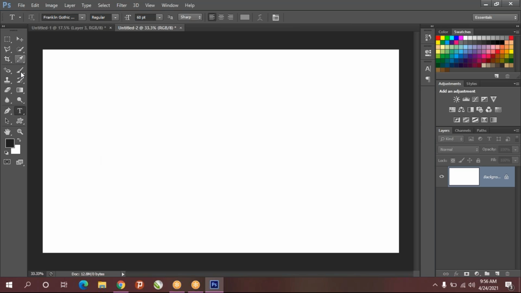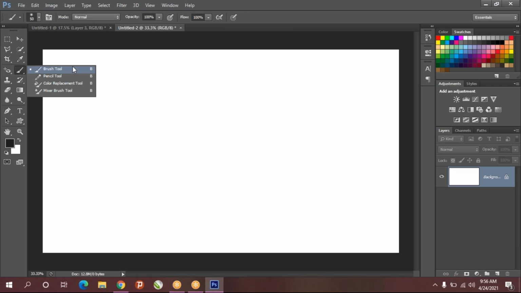Okay, so we'll go back to brush tool. Using brush tool we can do lot of things. Because yesterday I thought only a few things how to use brush tool only. So we'll learn more about brush tool. So today I just thought till now it is pen tool and blending modes.